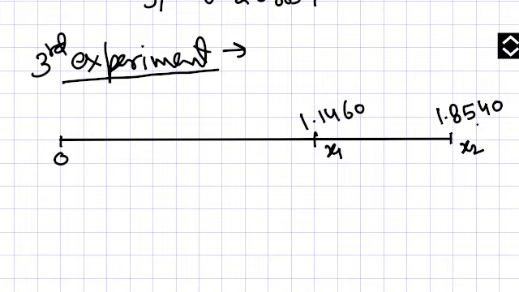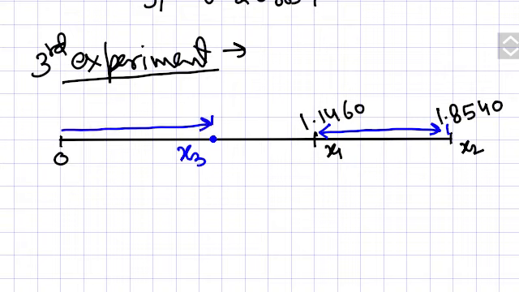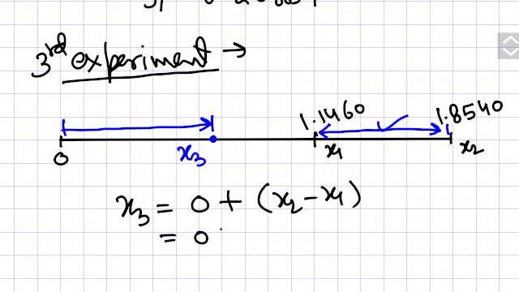Now in the third experiment, what we have to do is decide the position of the third point. Where will this third point come? This point is x3. This can be decided very easily, because it will be equal to this distance, at the same distance you take from here, and the point will be here. So if you know this distance, you can decide this point. So I am doing it: x3 is 0 plus this distance. How much is this distance? This distance is this. There is no problem at all.